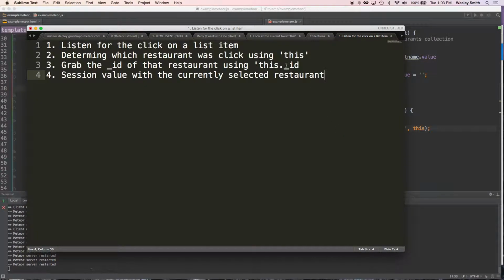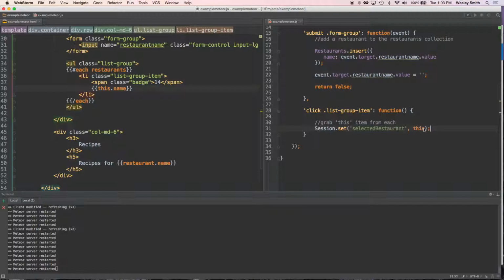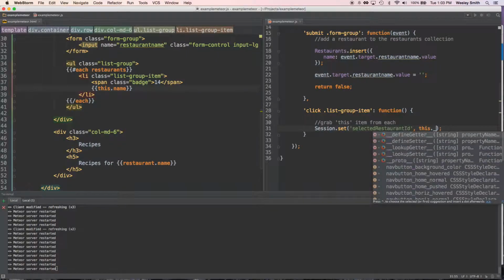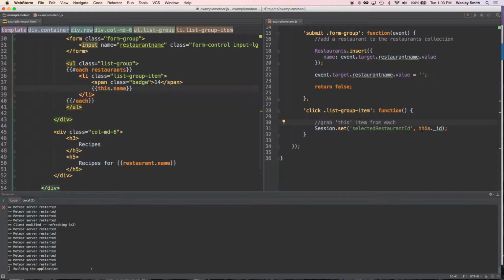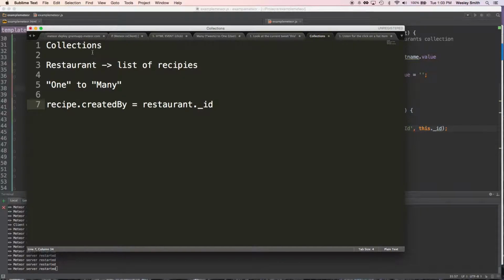So sorry, I know that was a little different than how we did it before. Oh, sorry, I guess I said we want to grab the ID of the restaurant using this.id, not just passing the restaurant around. So let me fix that. So we're actually just going, the selected restaurant, we'll change this to selected restaurant ID, and then we'll just do this underscore ID. You can pass these objects inside of collections around directly, but I tend to prefer to think about it in terms of IDs because that's how you create these relationships between our different collections. If I come back here, each recipe will have a created by field, and then we'll set it equal to